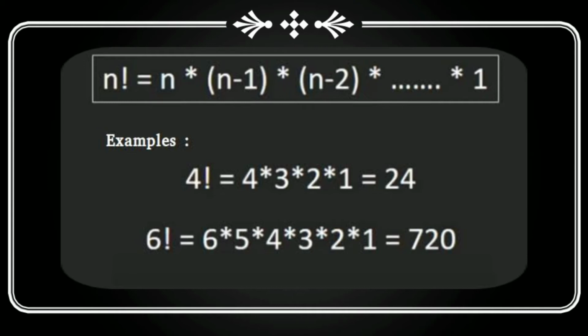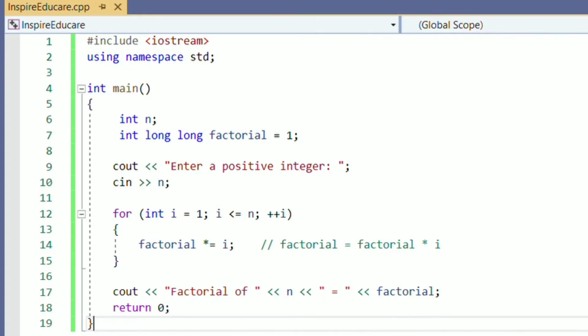So this same logic we will be implementing into the computer program using loops. We can start the loop from 1 and we can end the loop when the number n comes. Let's implement this logic into the computer program. Into the int main section, I have declared a variable n which is of integer data type. Then long int factorial equals to 1. Initial value of factorial I have kept as 1. I will tell you why.